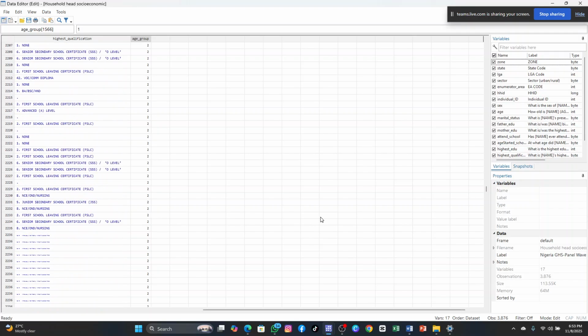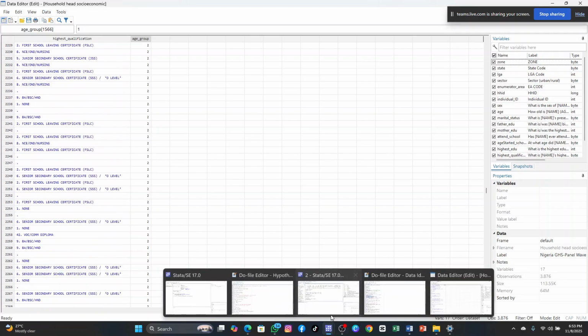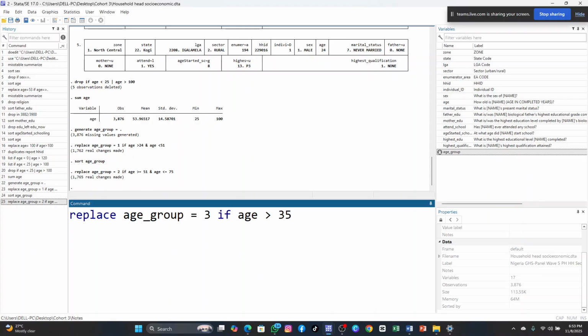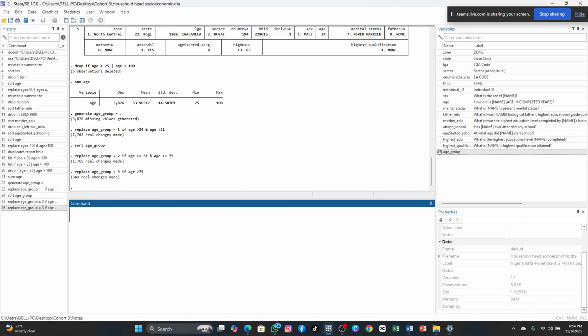So even for the last one, I can still put it in a range. You can write it like this and say age group. If it's greater than or equal to 76, then you do that one, but you don't need to stress yourself. It is still the same way. If you say replace age group equal to 3, that is group 3. If age is greater than 75, because the last one was 75, anything that is above 75, bam,